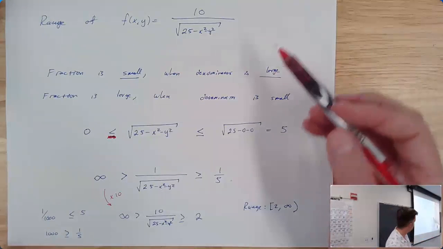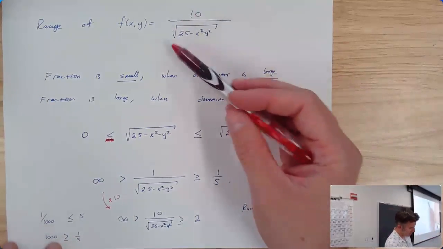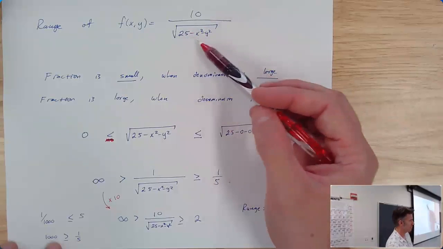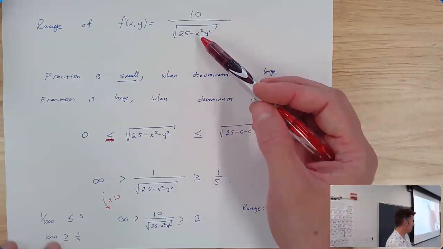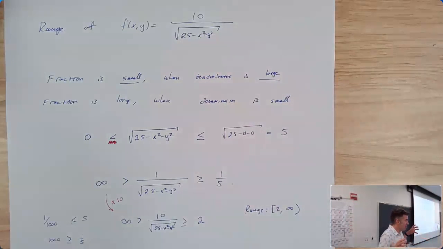Some people would probably just look at the original function and be like, well, I can make this as big as possible and make the denominator small. X and y are both 0. 10 over the square root of 25 is 10 over 5, which is 2. And then the bigger x and y get, the smaller the denominator gets, so the larger the fraction gets. But that's not really how